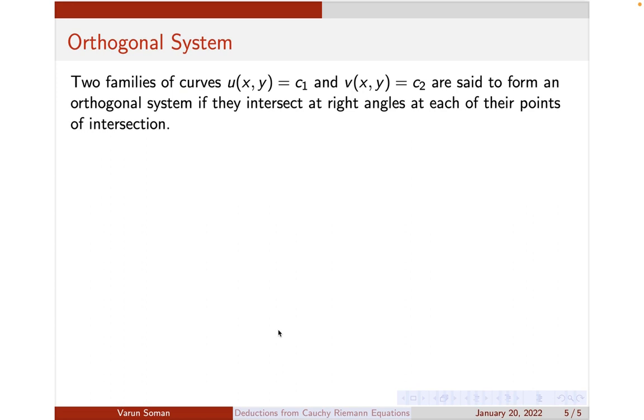It's a very simple question. Two families of curves are said to form an orthogonal system. Suppose there is a curve like this. Family means your curves will basically be